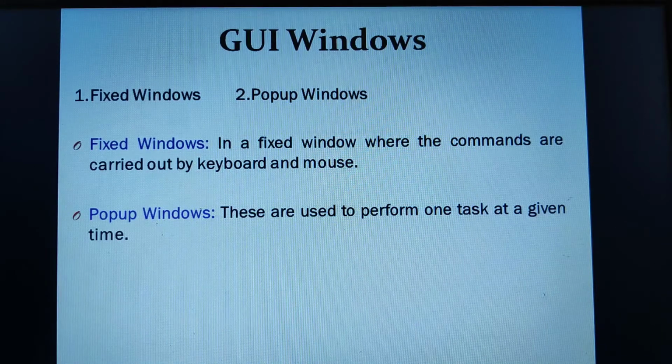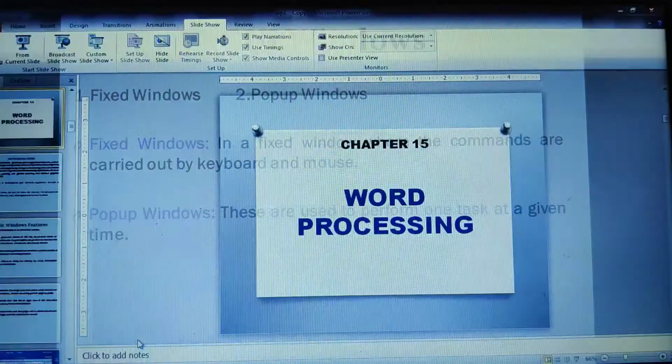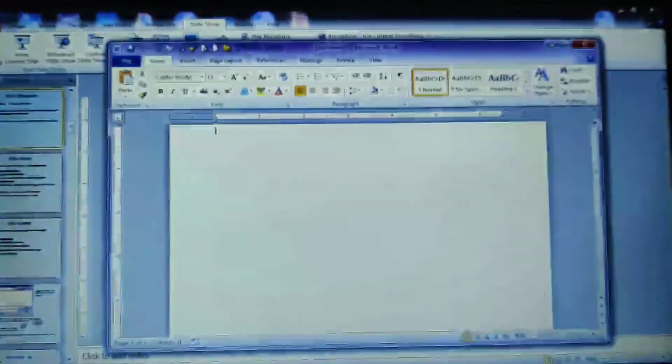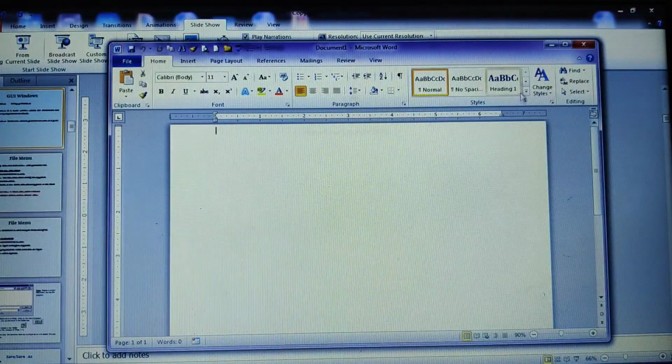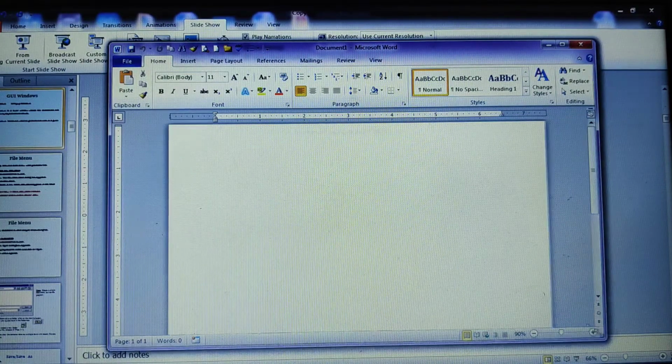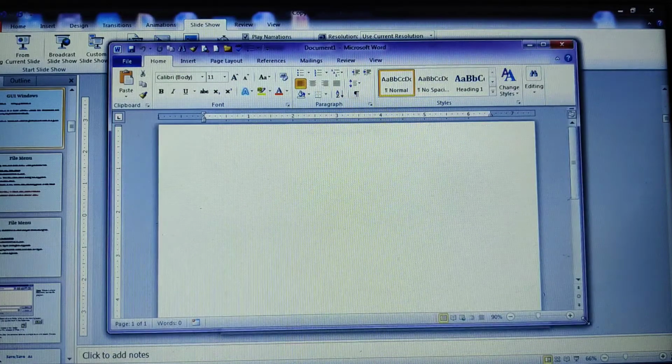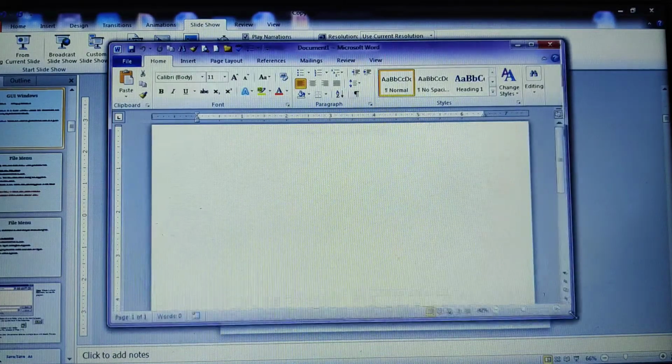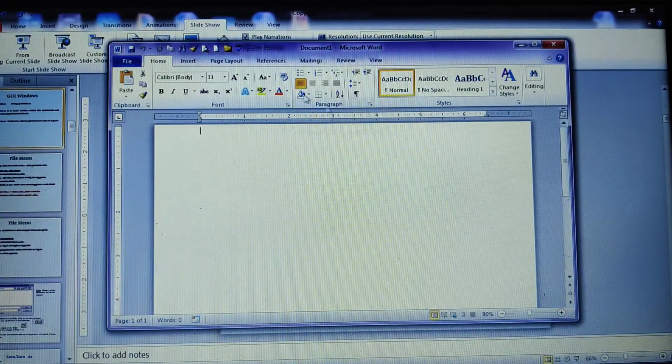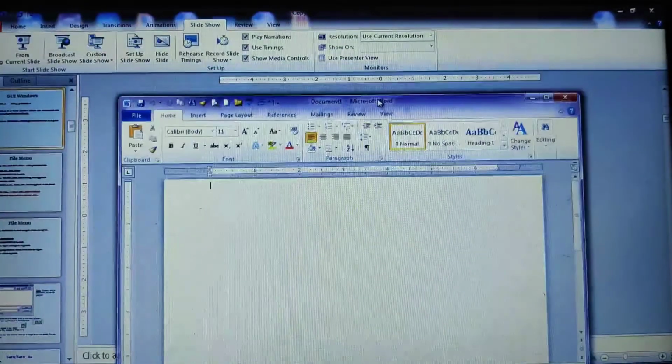Now I'll show you examples so that you can have a clear understanding here. Now this is a Word document. I have resized it. Here I have a resizing option. See, this is your frame that is helping you to resize the window. Now right from here, this is my title bar. I hope you can see this. This is a title bar.